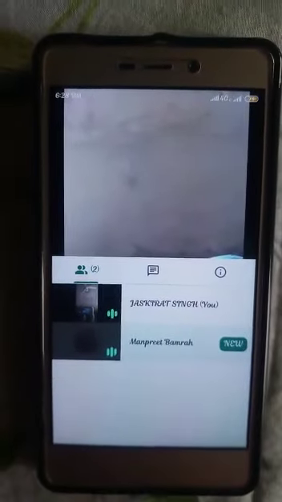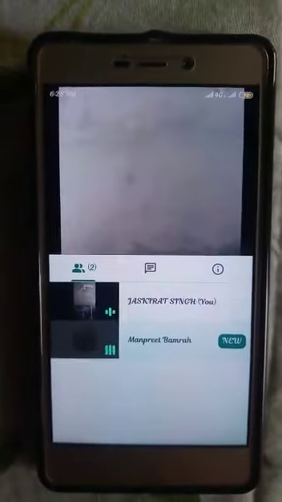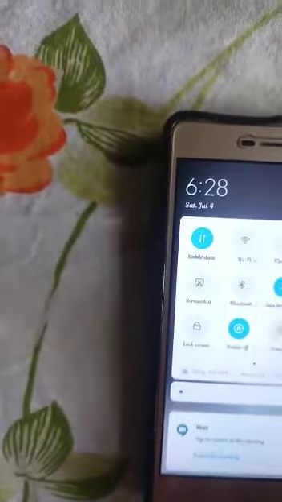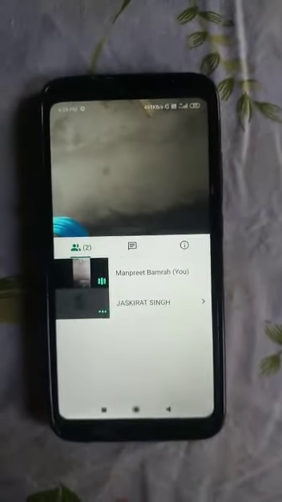Half of the screen is shared. But how can I... you can see here half screen is shared and half screen is visible here. But if I rotate my phone, here rotate off option, so I rotated my phone screen like this. So here you can see my phone screen is rotated, but still here half screen is visible.